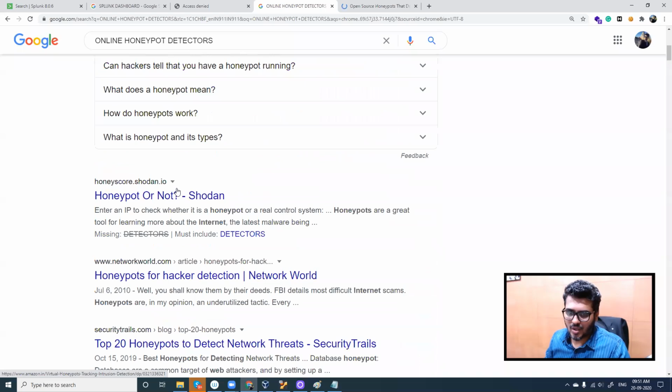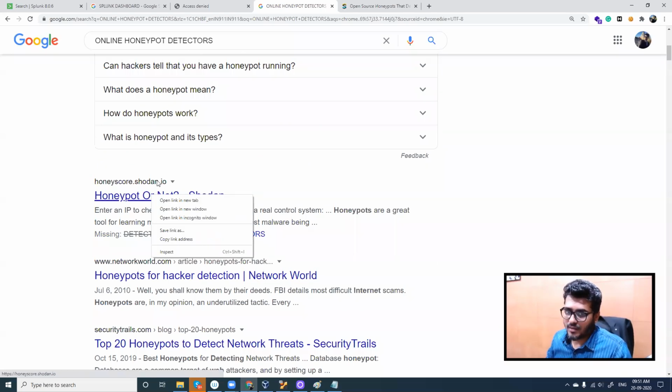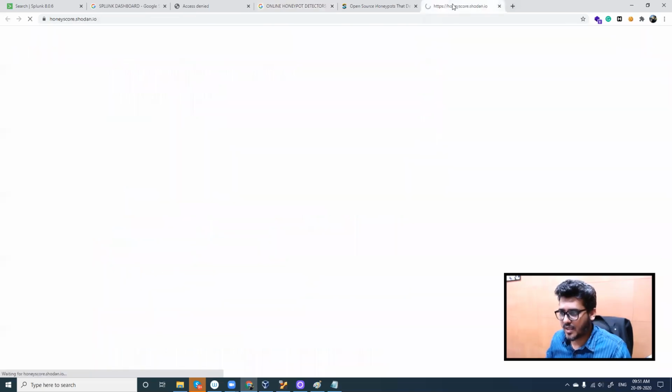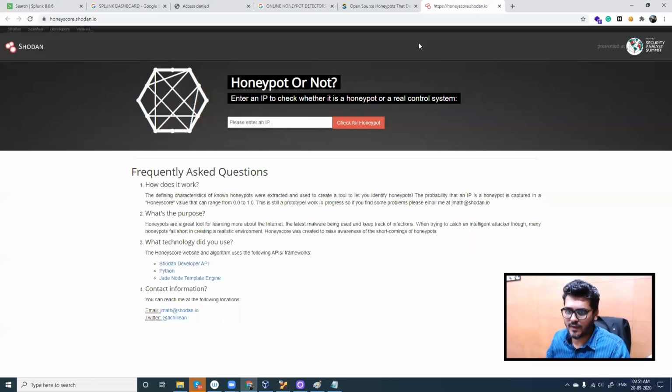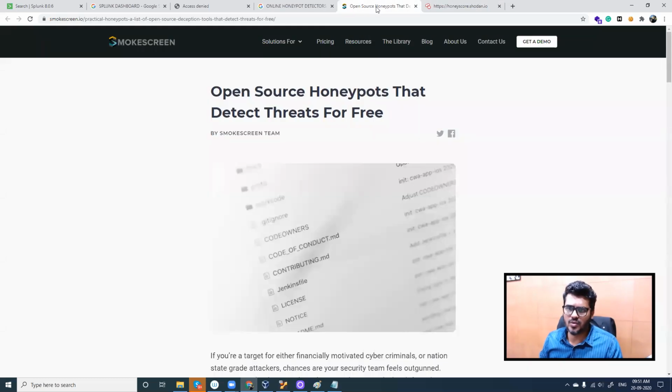You have a lot of sites. Honeyscore.shodan is good. Shodan is a search engine which can be used for a lot of different purposes. Here you can enter the IP address of any computer, and it will show you the Shodan score, whether it is actually a honeypot or not. So we have a lot of things which you can perform here.